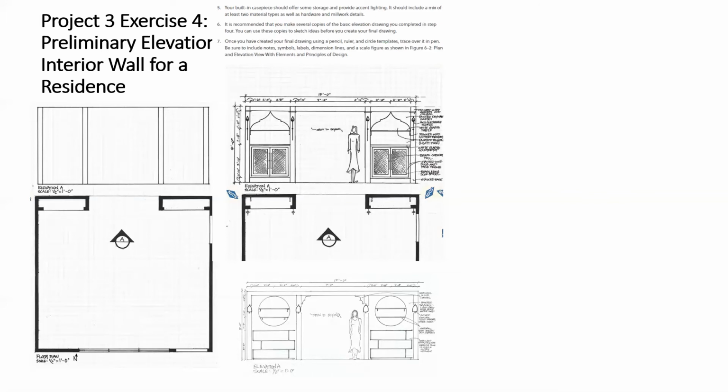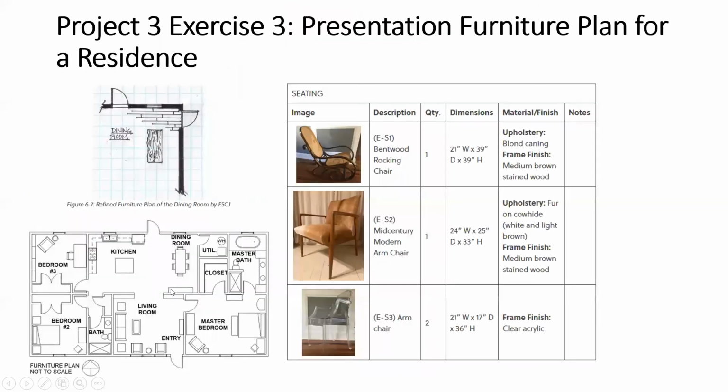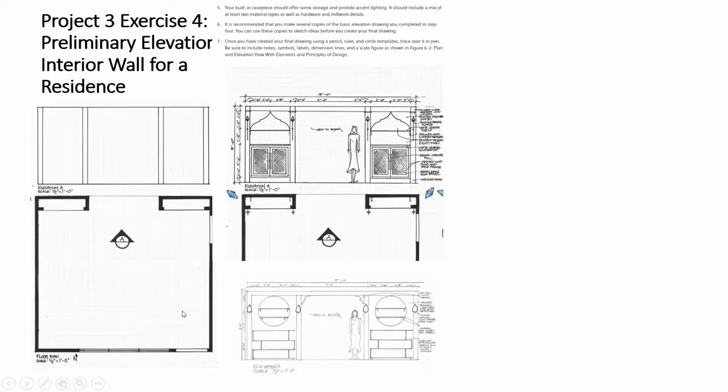And so what you can see here is you've been provided a floor plan of that living room. And if we go back a couple of slides, you can see it's actually this space right here. But it has been redrawn, and you're going to redraw this at 1/2 inch scale. So each box here on your graph paper is going to represent 6 inches in real life. So it's going to be nice and big and really good detail here. So we've taken this floor plan, and you're going to draw in walls that indicate built-in case piece here.